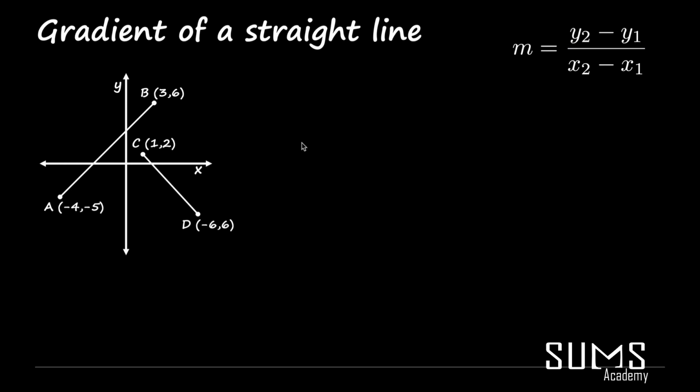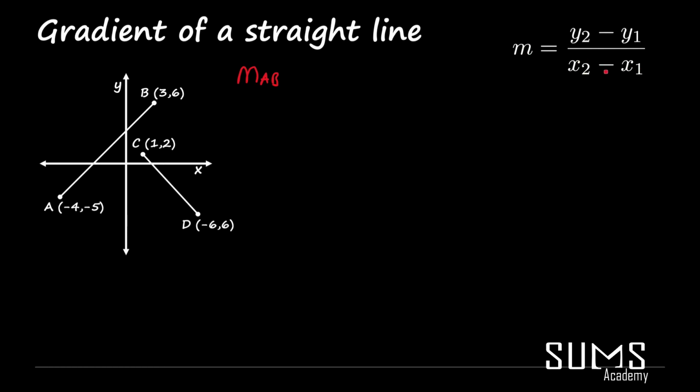Okay, so now I'm going to do some examples of using the gradient formula to find out the gradient of a straight line. So to start off with, we have line AB. The notation, or the way you write this, is you have M, which means gradient of, and then subscript AB. So we know from our last lecture that the equation for gradient is m equals y2 minus y1